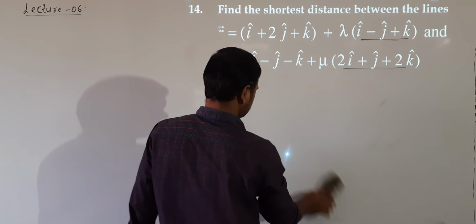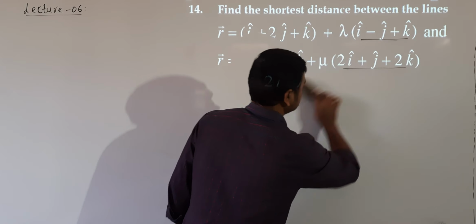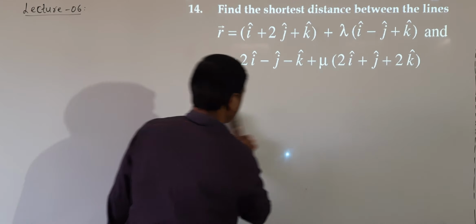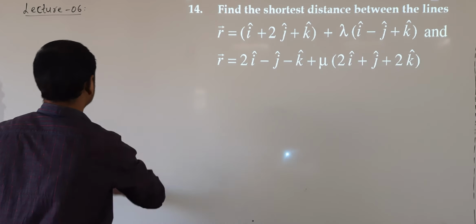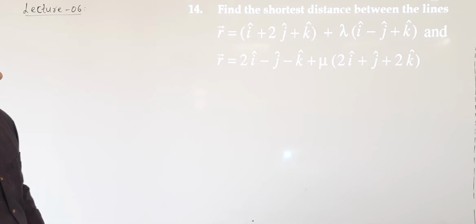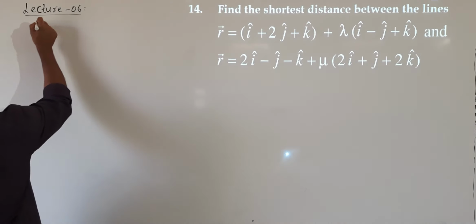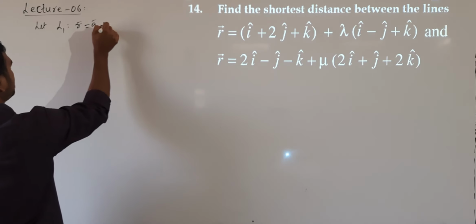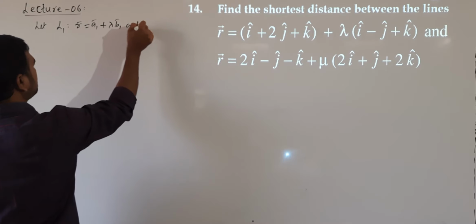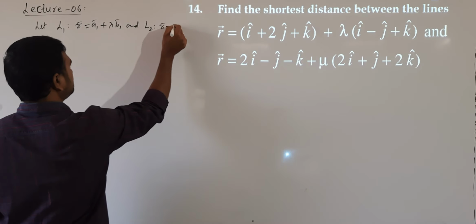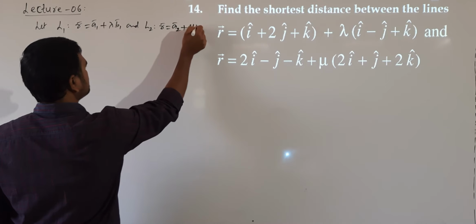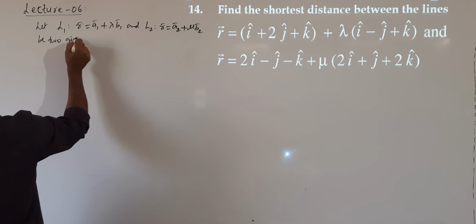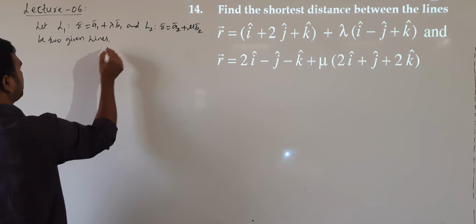So compare the lines with the standard form we know. Let us take the given lines in the form: L1 is r bar equal to a1 bar plus lambda b1 bar, and L2 is r bar equal to a2 bar plus mu b2 bar, be the two given lines, where